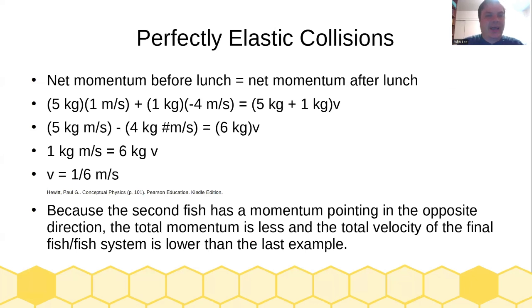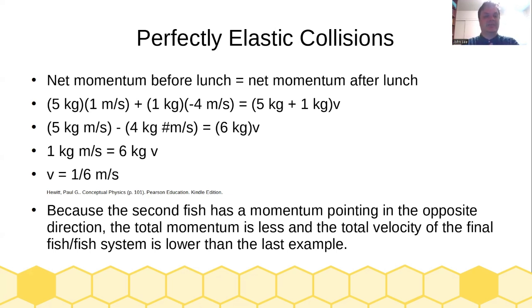In that case, instead of having 0 meters per second as its initial velocity, it would have negative 4 meters per second. So 5 kilograms times 1 meter per second plus 1 kilogram times negative 4 meters per second is equal to 5 kilograms plus 1 kilogram times the final velocity. So 5 kilogram meters per second minus 4 kilogram meters per second is equal to 6 kilograms times velocity. We subtract 4 from 5, and find that 1 kilogram meter per second is equal to 6 kilograms times velocity, or V is equal to